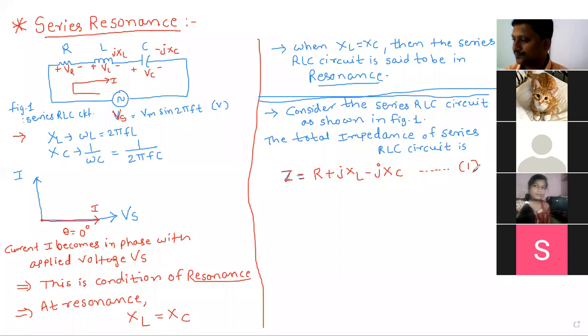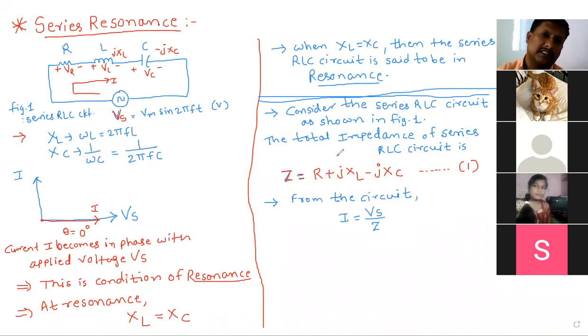Up to this point, did everyone understand? Okay. Now next point. If this is the total impedance Z and total applied voltage is Vs, what is the formula of I? From the circuit, anyone can tell? From the circuit, the I formula I need. What is the formula? Vs upon Z. Very good. Vs upon Z.